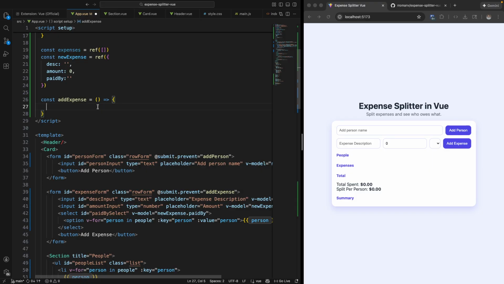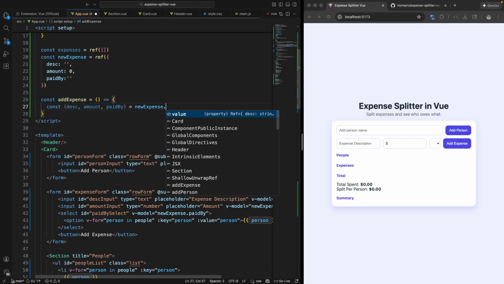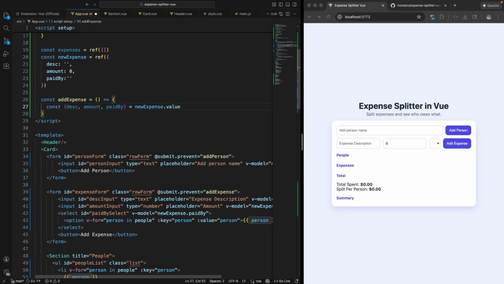So here we can do simple calls, description. We could probably do something like the description, amount, pay by equal a new expense dot value. We are extracting those three values,